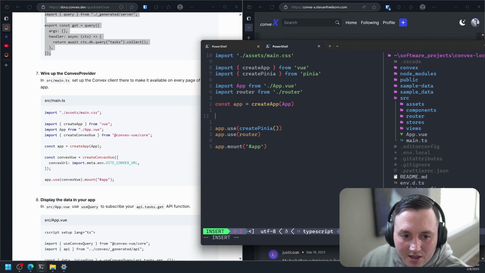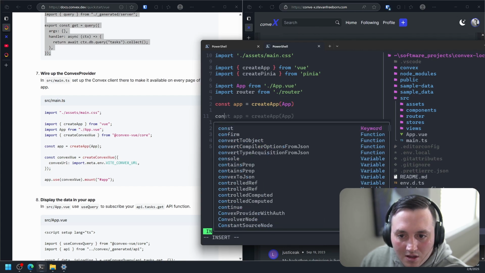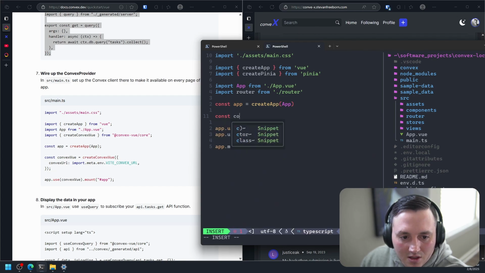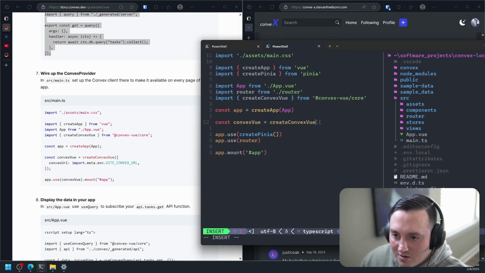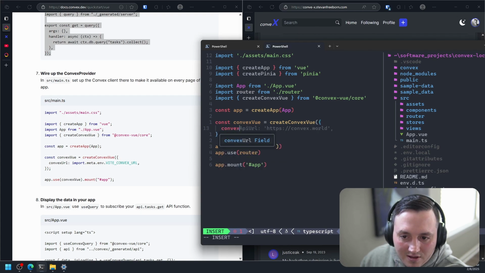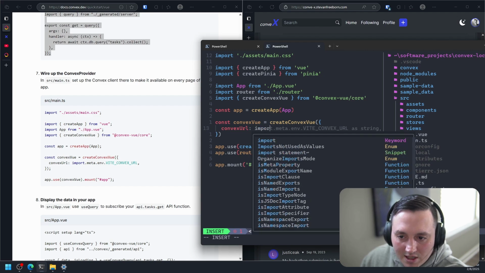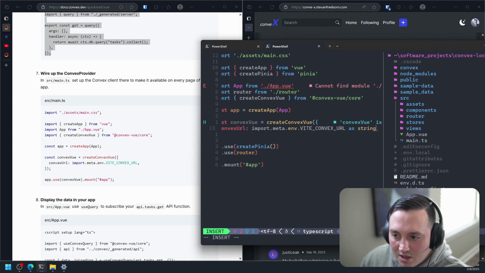So we'll say const convexVue equals createConvexVue, and then we need to just give it our URL, which is already a part of our, yep, like that.